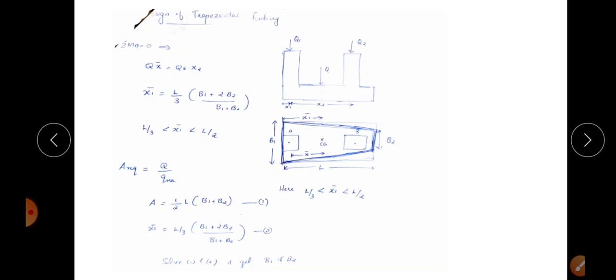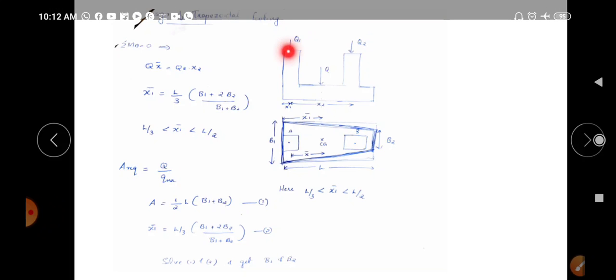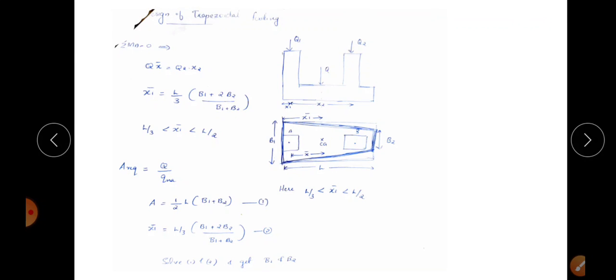Here also the notations are similar as in the previous one. Q1 is the load on the first column, Q2 is the load on the second column, and Q is the total load which is acting at this point, at the center of gravity, and L is the length. Since it is trapezoidal footing, one side will be B1 and the second side B2. And X bar and X1 bar, X1, X2 are here, which is same as our